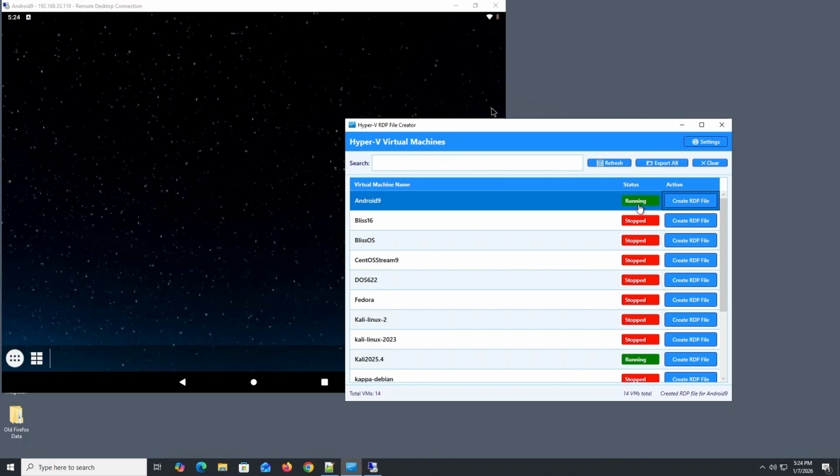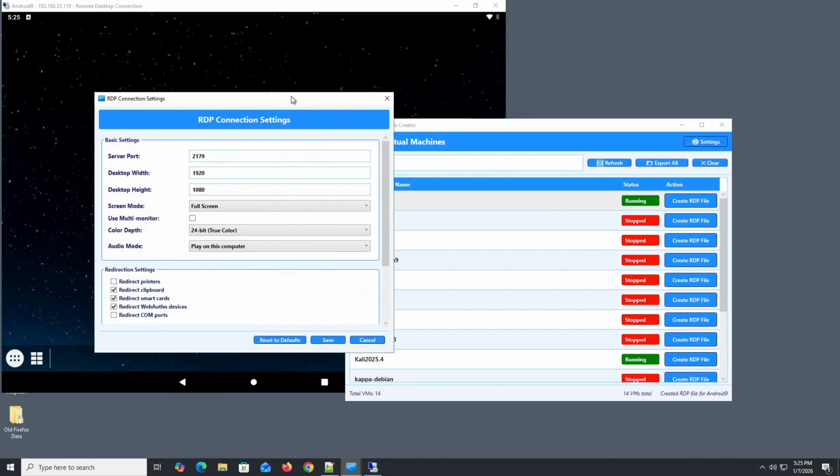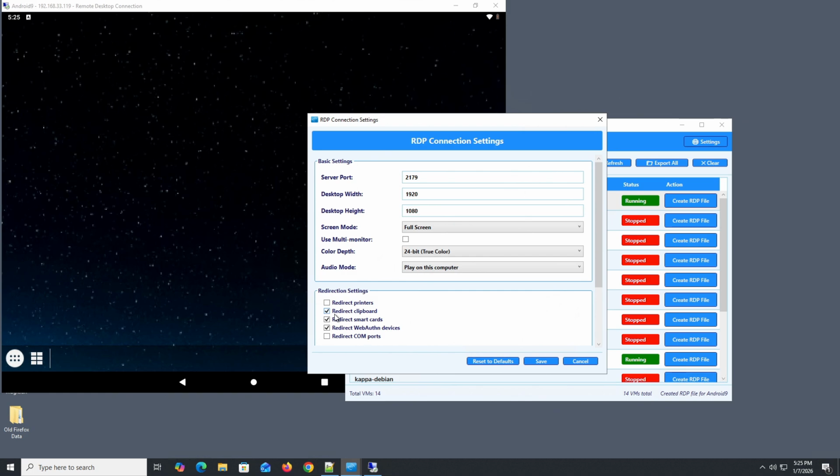What this program does is not only show you the status, but you can also change the settings if you want. I put that in here. Now, not all settings will work with a remote desktop into the hypervisor. Like clipboards don't work, but anyway, this is all part of a standard thing. And you can change your width and heights and so forth. If your particular VM is set up in that mode, it will present your desktop width and height correctly as you specify. If you change something